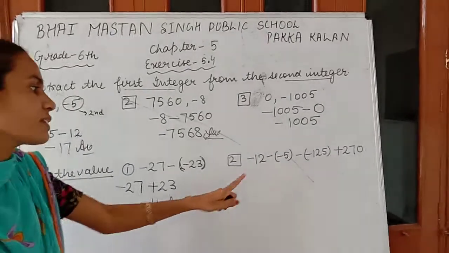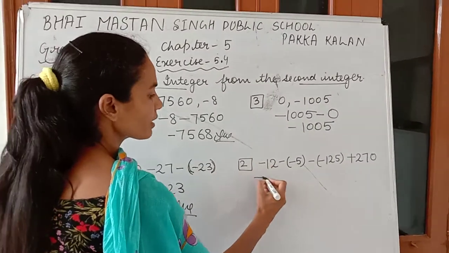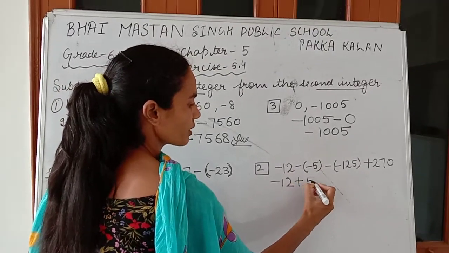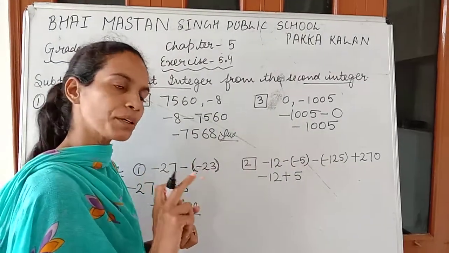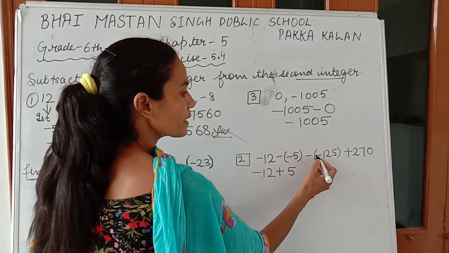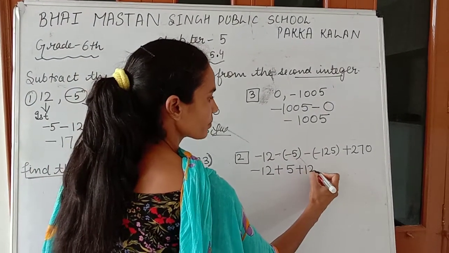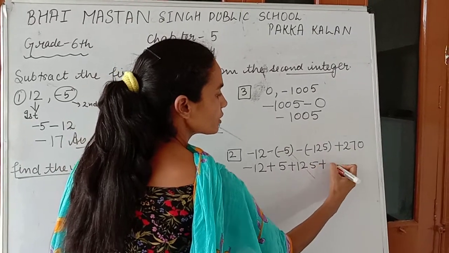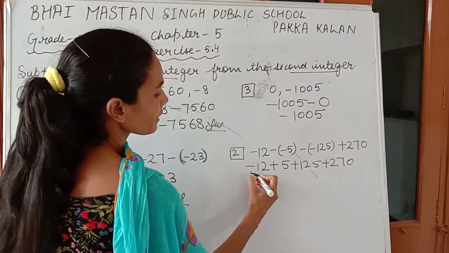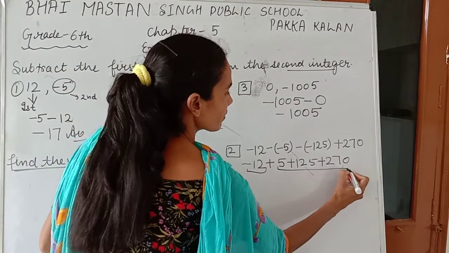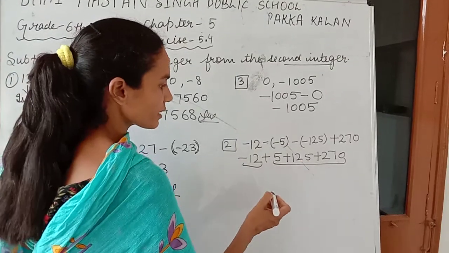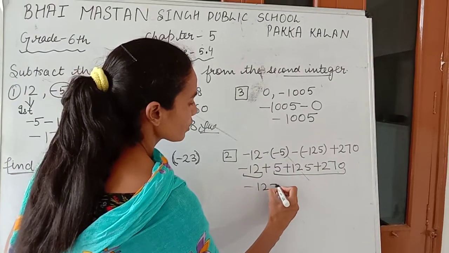Same as going on second. Minus 12, minus minus plus 5. Is it okay? The signs that are put with the numbers, we have to open them. Minus minus plus. This is again minus minus plus. This is 27. Look, this is negative, this is plus, make all three plus. 270 plus 130. This is 400.